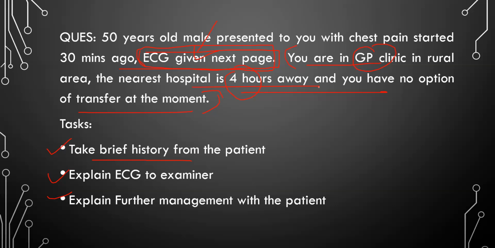Okay. So that's pretty much everything about the history that you ask. Then you explain the ECG to the examiner. Now, one of the other things I would always do in this particular case, if I get to see the ECG in the 2 minute and I know that this is a ST elevated MI, just after introduction and reassurance, I would like to just talk with the examiner and say those things. You can start in this way.